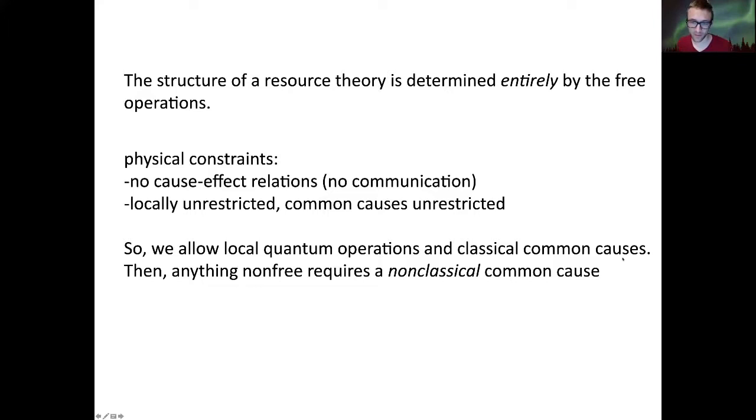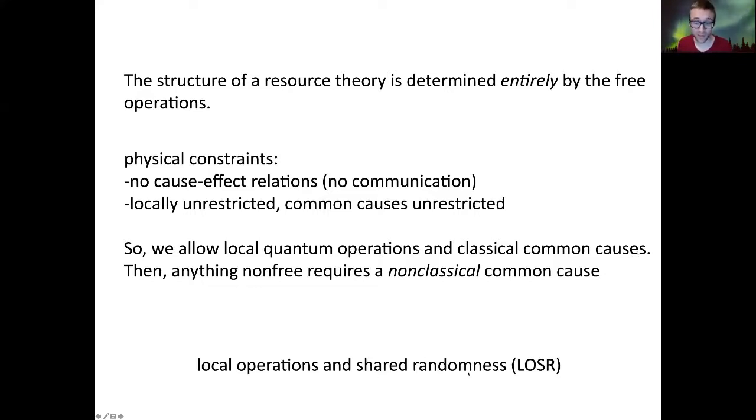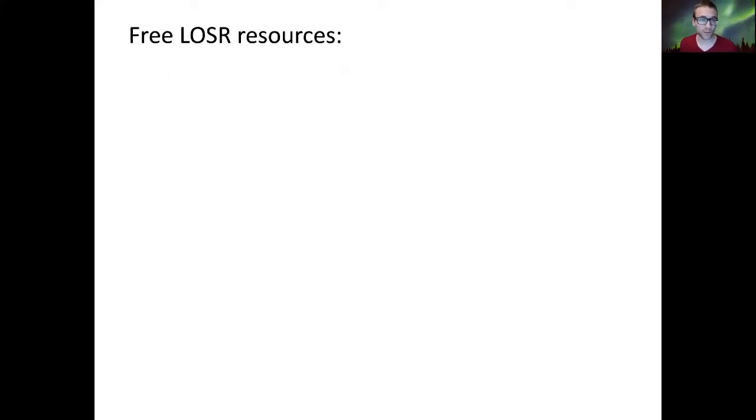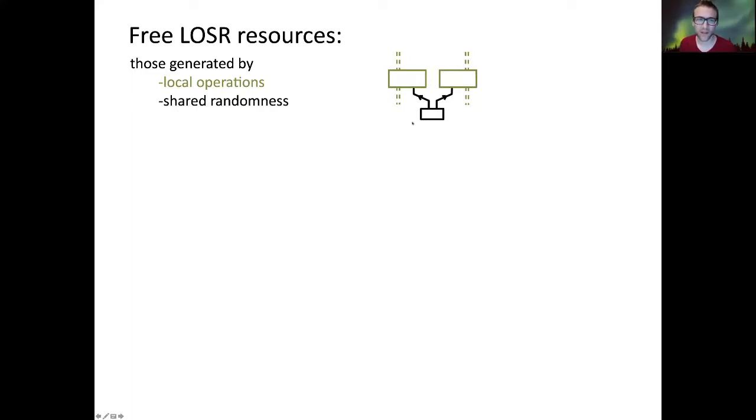Classical common causes will be free. Another word for a classical common cause is shared randomness. That's more common terminology. So I'll term the free operations local operations and shared randomness, or LOSR for short. So we're studying the non-classicality of common cause as the unifying type of resource in all these scenarios. So what are the free LOSR resources? Well, they're the ones that are generated by or can be simulated by local operations and shared randomness. So the local operations get you arbitrary tensor products of channels, and then the shared randomness gives you convex mixtures